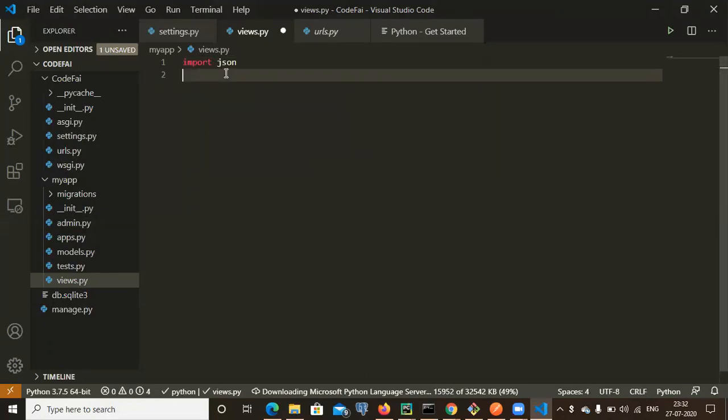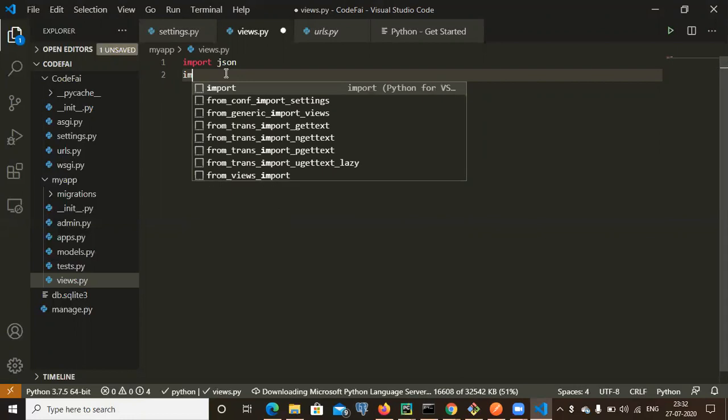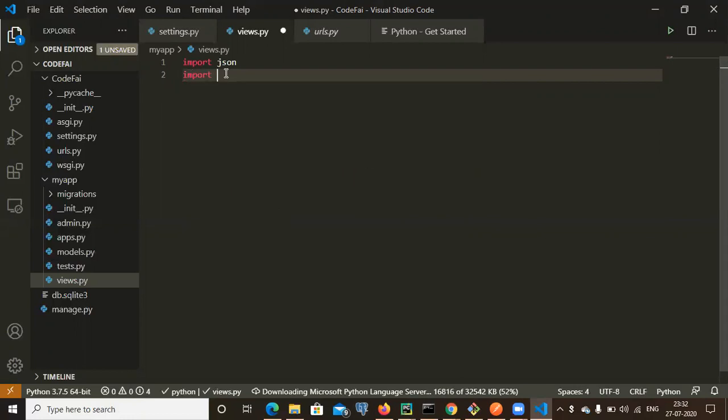JSON. I will tell you why I have used JSON. I have imported the JSON module. Import logging.